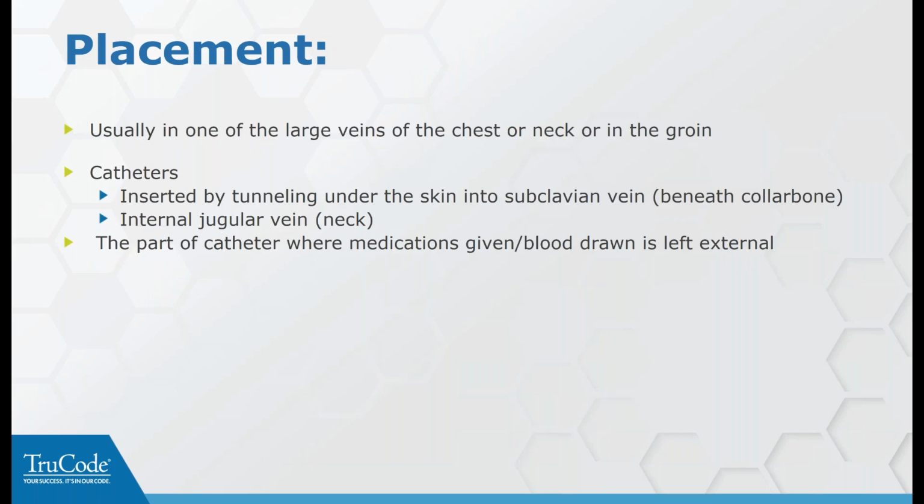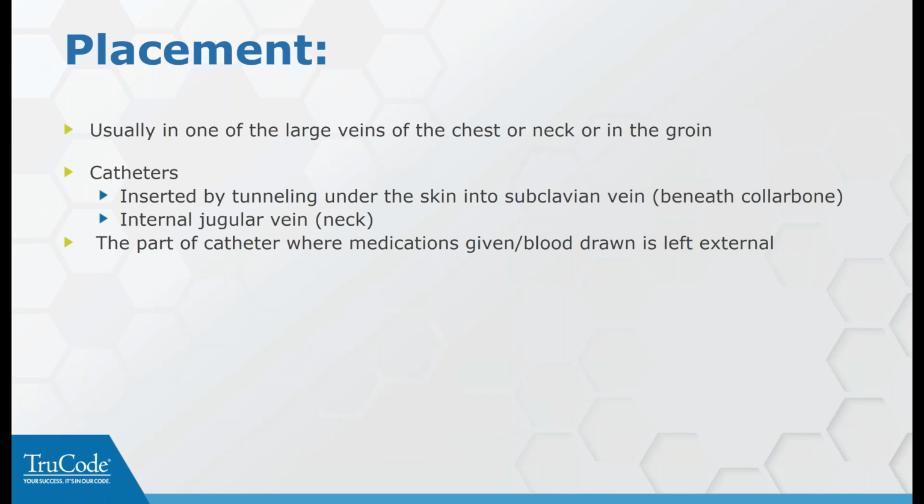So you've got catheters that are inserted if you've got a central line or a central port, where they take a catheter, they insert it, they tunnel under the skin into the subclavian vein beneath the collarbone, and that's why they're called tunneled catheters. And that's an important description in the coding book that is going to help you within the codes themselves